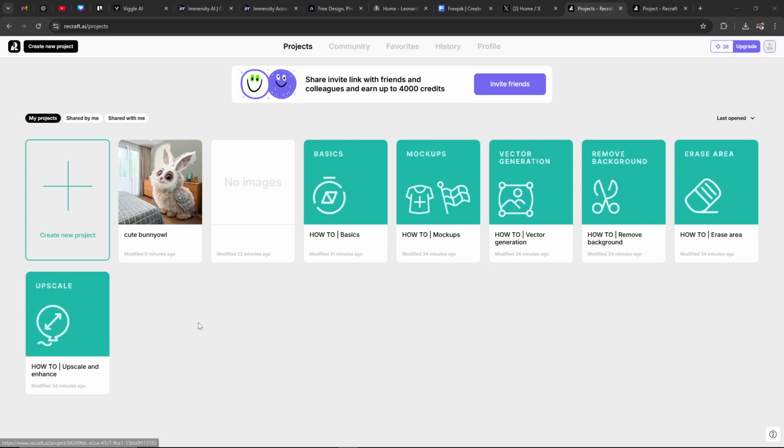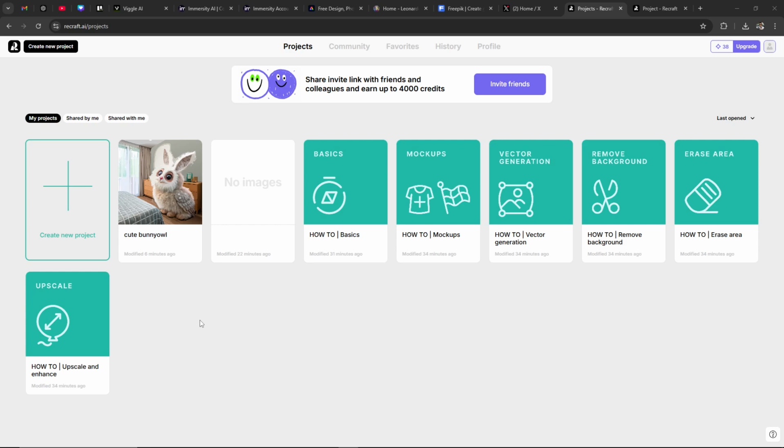They are going to be very useful to understanding how Recraft works at large, but essentially what Recraft does, it is an image generator primarily, but it gives you a lot of really neat editing tools to elevate your images just a little bit more than some of the other generators that I've come across. So I would say with Recraft, I am genuinely impressed. I do think that it is a useful tool compared to some of the other generators I've used,